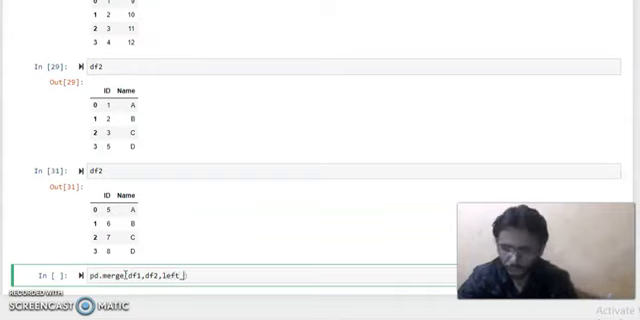left_index equal to True, comma, right_index equal to True. True, T is capital. Okay,